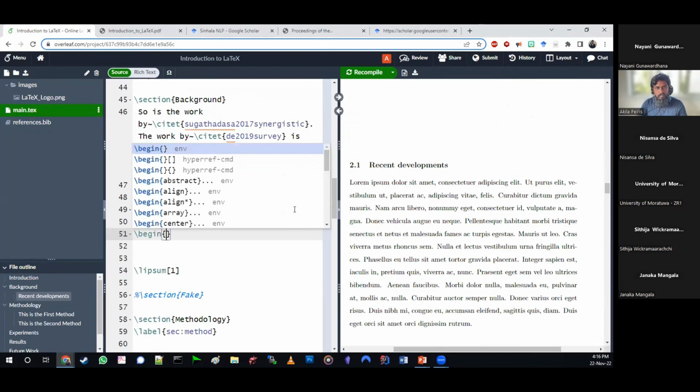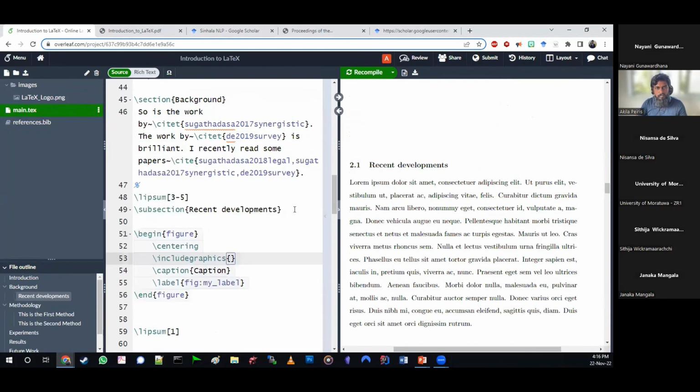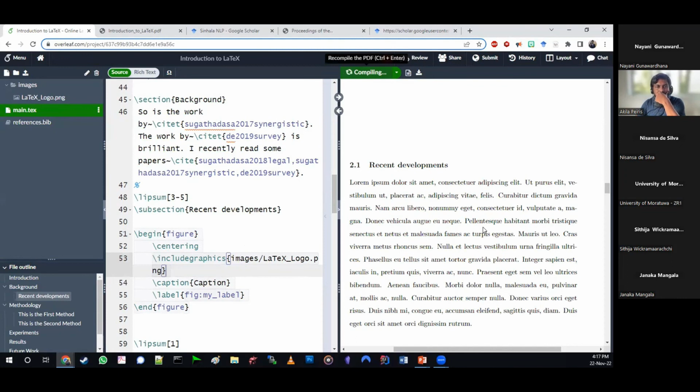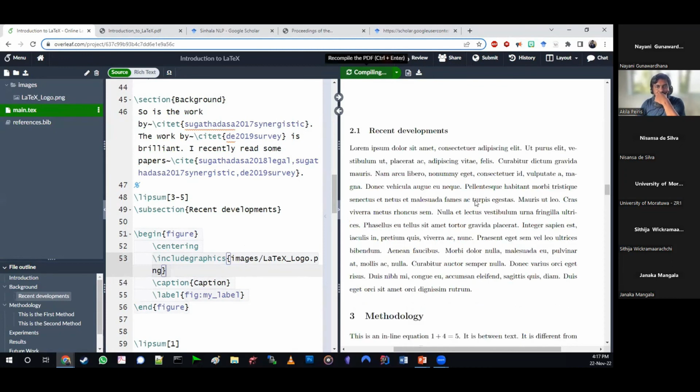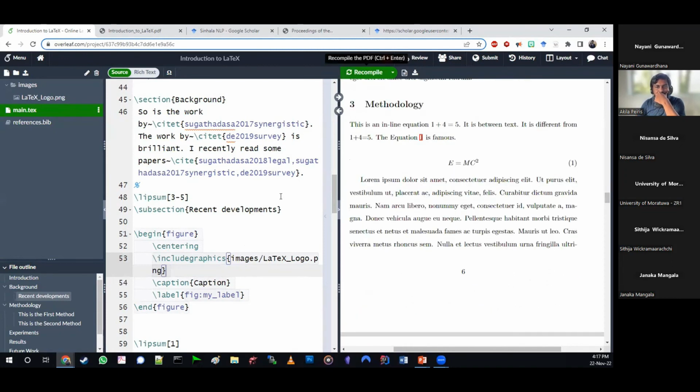All right. Begin figure. And so you can see the block is automatically created. And what is the image I want? I want the LaTeX logo to appear. So we'll draw this right now. We'll compile this right now and then do the editing later, right? Let's look at it first, how it's going to happen.